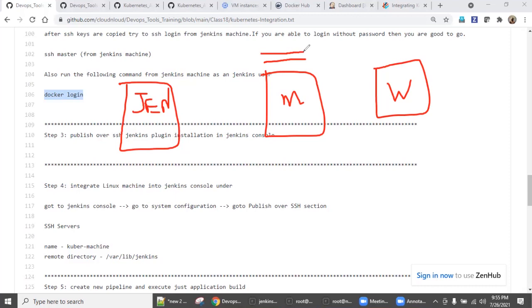We have installed all the Docker packages in both master and worker node and created a cluster here, right? And joined this machine to the cluster. And so this is fine. So when I say kubectl get nodes, both are showing ready, which means I'm good to go. Now, as part of the integration, I need to create a Jenkins user here. Yes, I have created it and I have set the password.